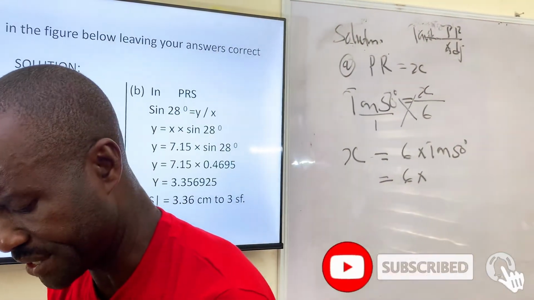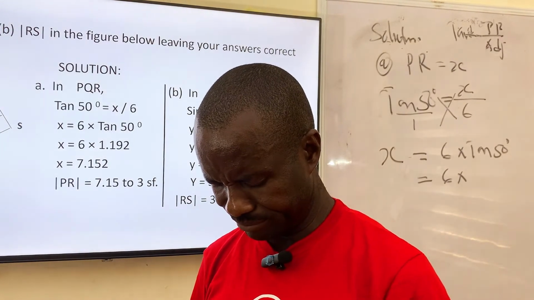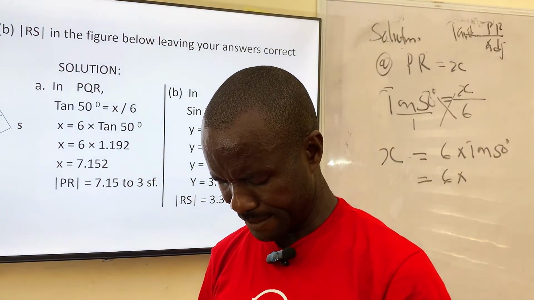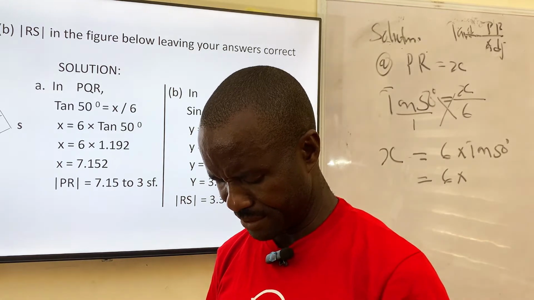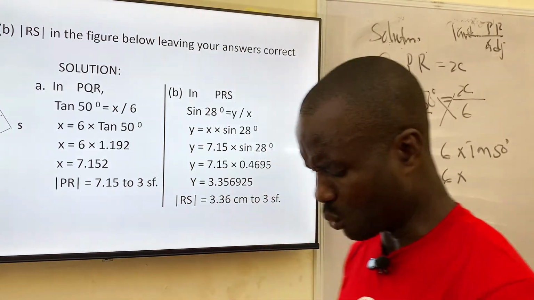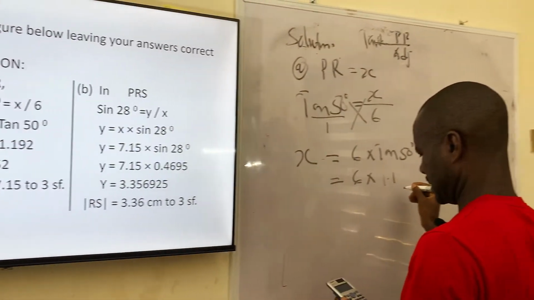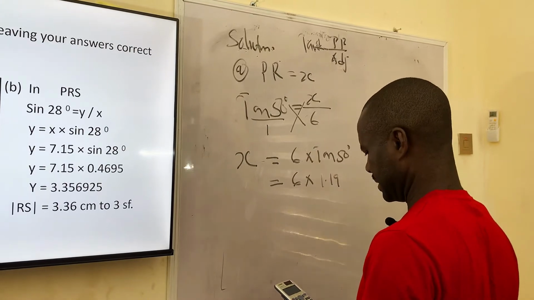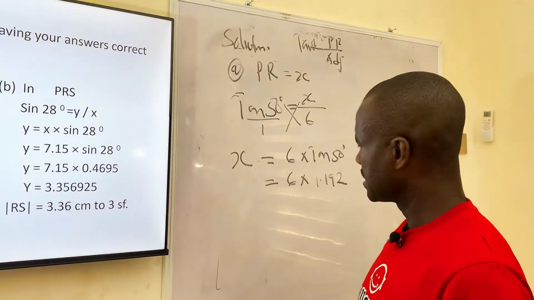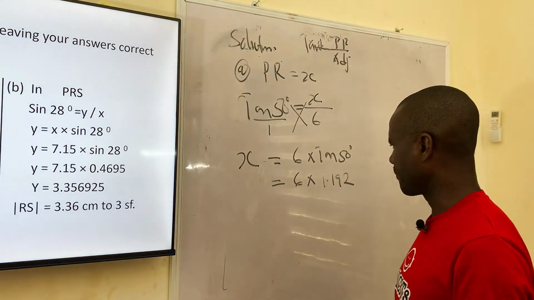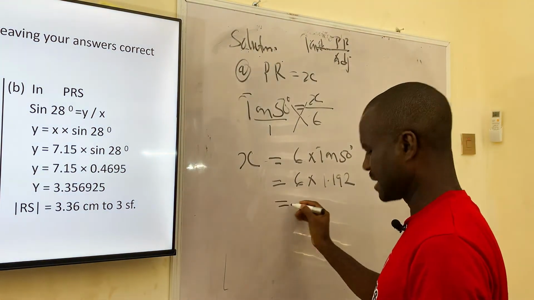Tan 50 degrees will give us 1.192. You can verify, please. So if you multiply this times 6, that gives you